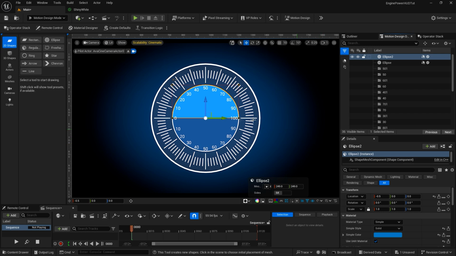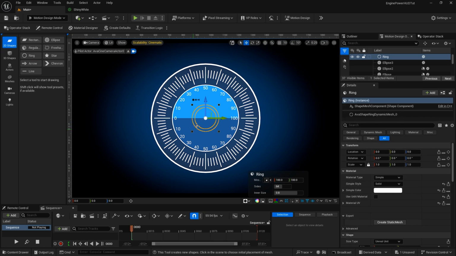The next thing we need to do is create our animated bars. Instead of using an ellipse, this time we're going to use the 2D shape ring. So I'm going to double click, drop one of those in there. You'll see the outline of the ring right there. I'm going to go ahead and bring this out to a -1